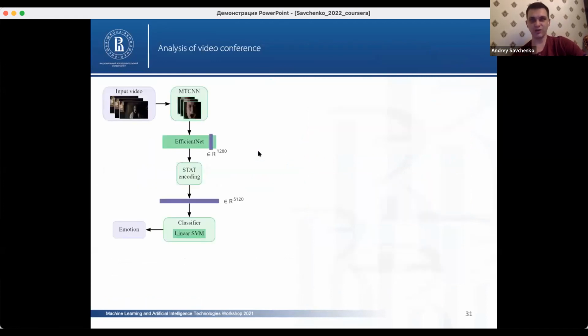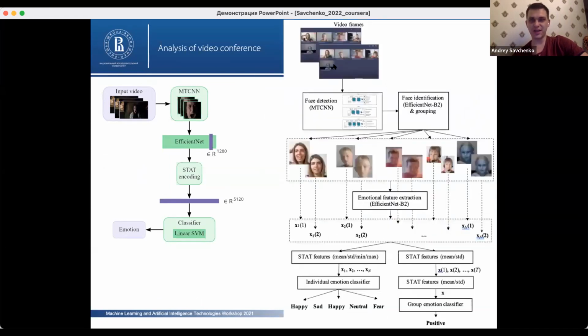And we applied these approaches to those. So we trained the neural networks that try to predict emotions, and after that we applied them to analysis of video conferences and extracted the parts which are the most interesting for the group of people. Yeah, something like this. So you see the conference,